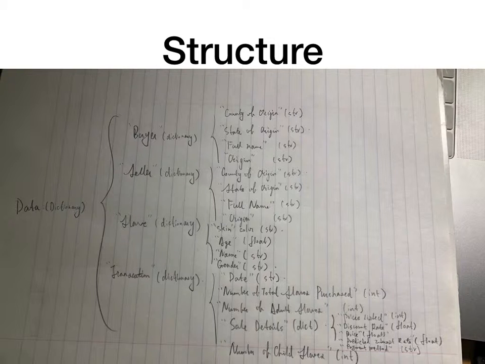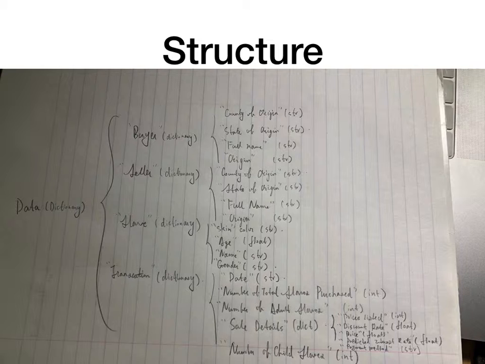Here's the data map. So we have four major types of dictionaries: buyer, seller, slave, and transaction. For buyer, there are four properties: country of origin, state of origin, full name, origin. Those four properties are all strings. For seller, there are also four properties, four strings: country of origin, state of origin, full name, and origin. For slave, there are four properties as well: skin color, which is a string; age, which is a float; name; gender, they're both strings. For transaction,